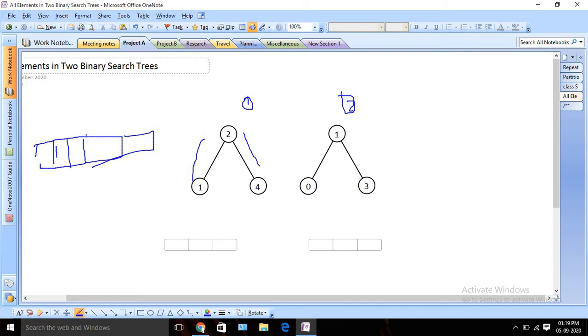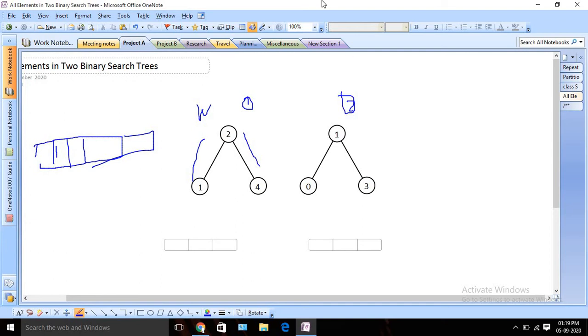In this case we are using only one list and every node we are storing in the same list, right? But to sort that, we again need to use a sorting algorithm like merge sort. If we do merge sort, then it will take n log n time, right? But I think we can solve it in linear time. Okay, how can we do that? So we know that this is a binary tree, so we can use the sorted property of a binary tree to solve it in less time.